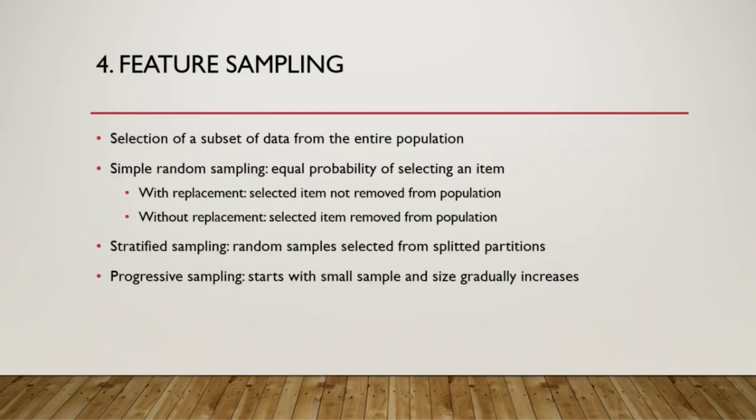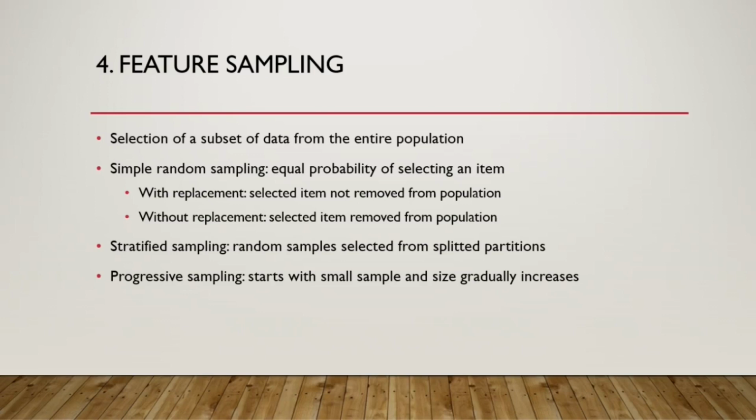Next is feature sampling. Sampling means, when I get some data, it is called the population. Population means the entire data set, and sometimes the data set can be huge, it can have crores and crores of data. When I'm trying to get some outcome, some prediction from the data set, it can be very difficult to handle such a huge data set. So instead of that, I can have some samples from the data.